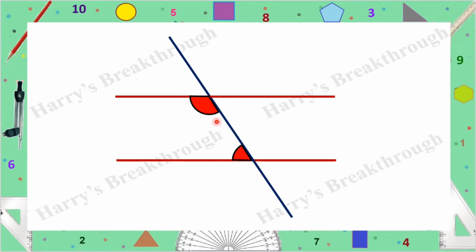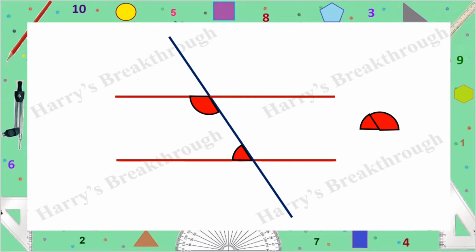Can you find any speciality in these two angles? These two angles are not equal. But if we place these two angles side by side like this, we will get 180 degree. That means the sum of angles at the interior part of parallel lines and left side of cutting line is 180 degree.